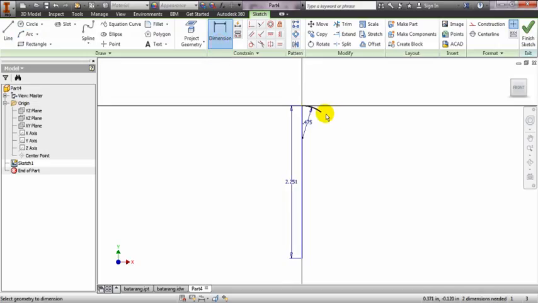I'm going to dimension from one end of the arc to the other, and I'm going to make this 0.3. Now I'm going to grab my line tool again. I'm going to lock onto the center. I'm going to draw a line straight out,